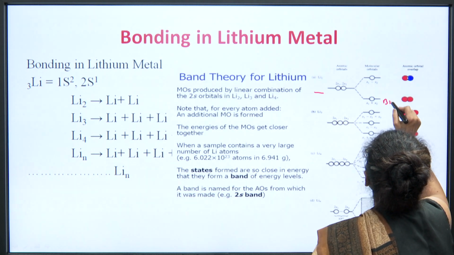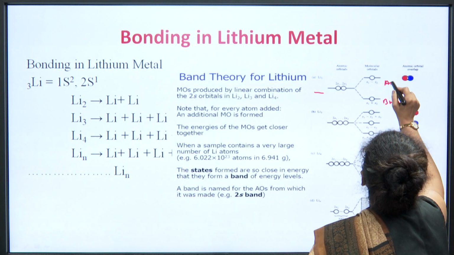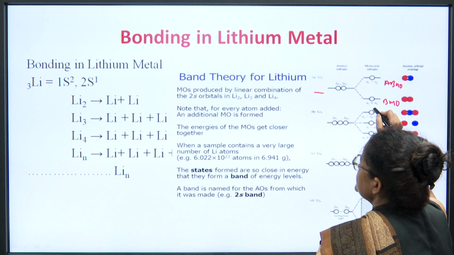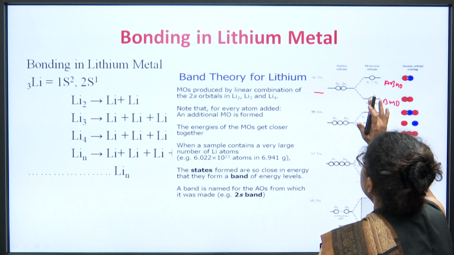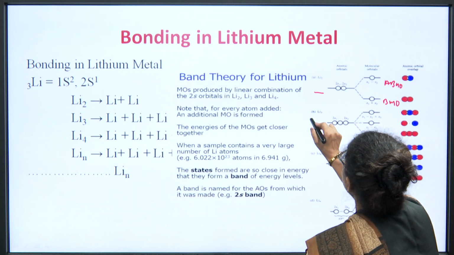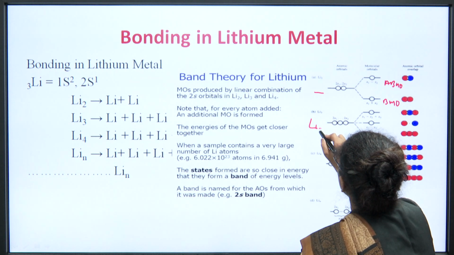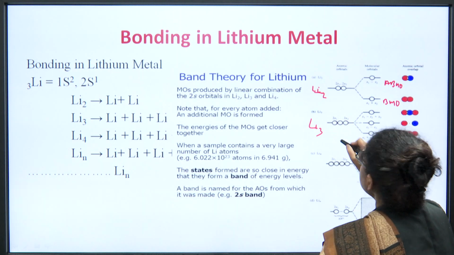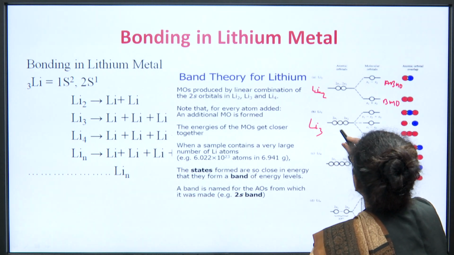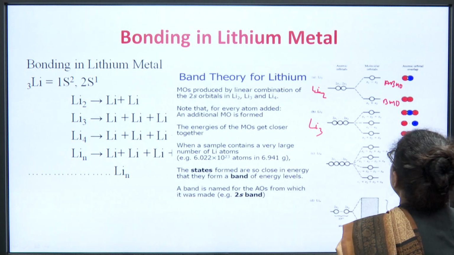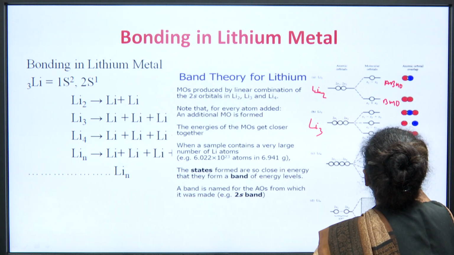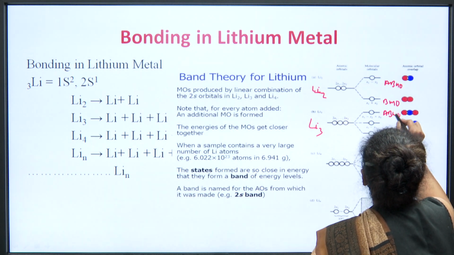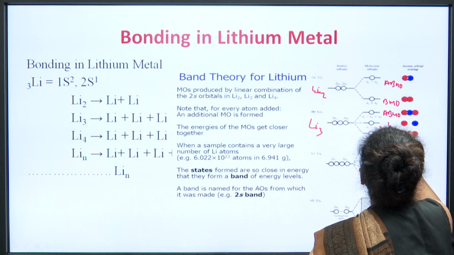So, this is BMO and this is ABMO. Okay, the electron pair would be occupied in the BMO and the ABMO will be empty. When 3 lithium atoms combine together, these were the 2 lithium atoms combining together. When 3 lithium atoms combine together, so you have 3 lithium atoms over here. So, when you have the BMO, you have the ABMO on top, and this is the non-bonding,